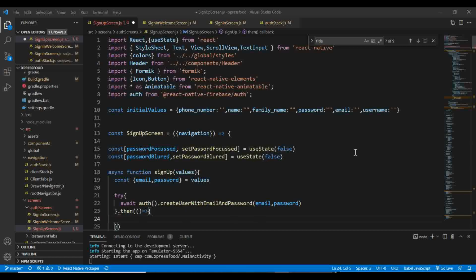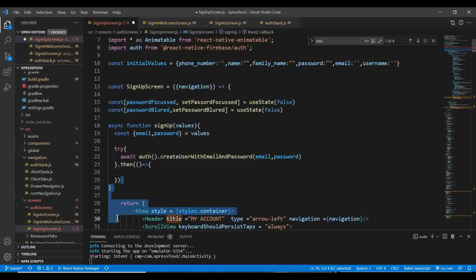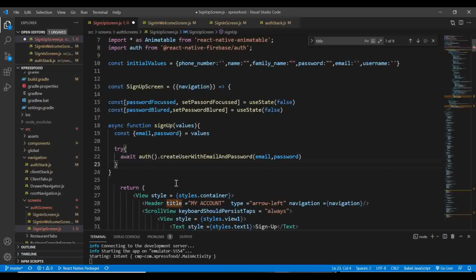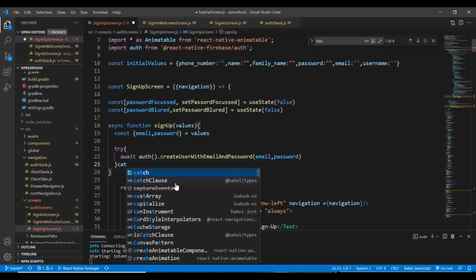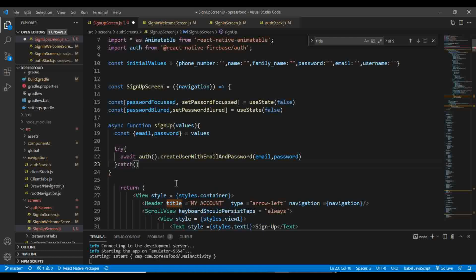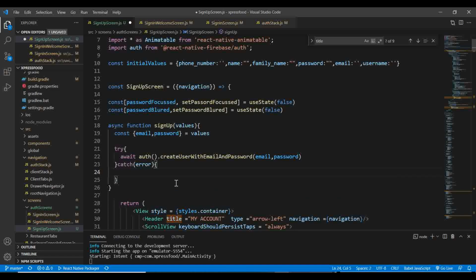Sorry, we don't have to add then, because there's nothing else that we need to do if the user signed in. We can just catch the errors. We can delete this for now. So we're just gonna try to see if we can catch errors if there's any. So catch the errors, and we say if there's any error,